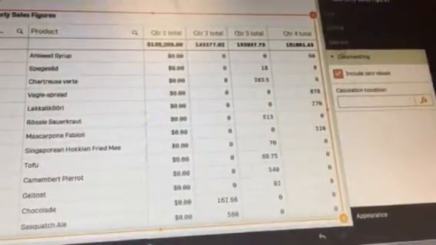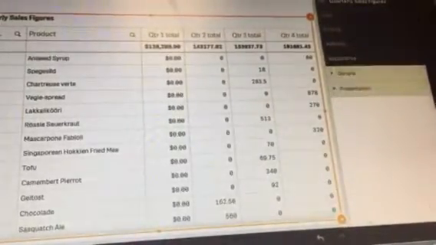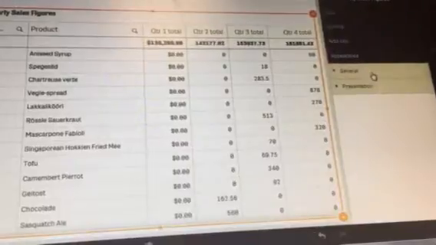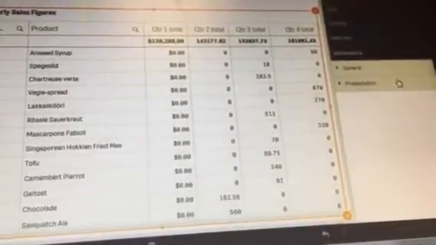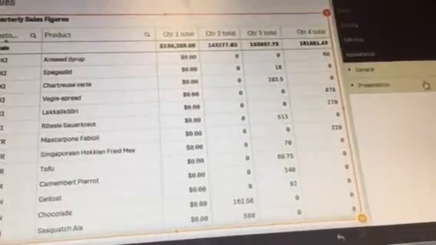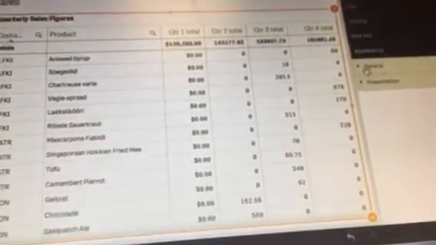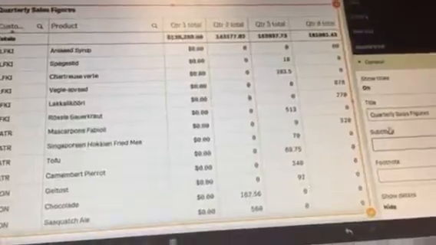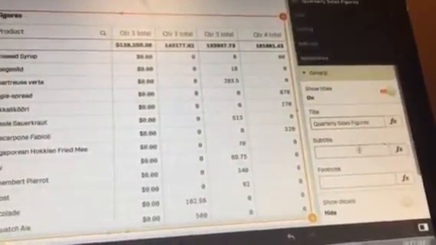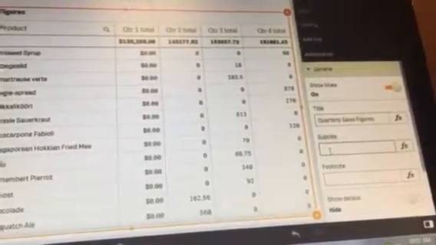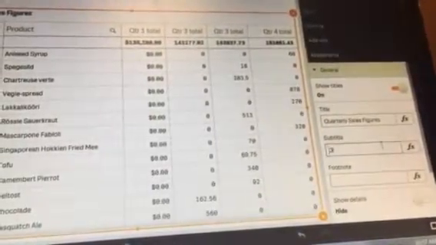Now, the last one down at the bottom here, you'll see appearance. And you may need to scroll down a little bit to find that. You'll see that there are two sub-selections here. We have general and presentation. So for general, crack that one open there. All right. And for this, we already did the title. What did it say? We do the subtitle here. And we'll say data